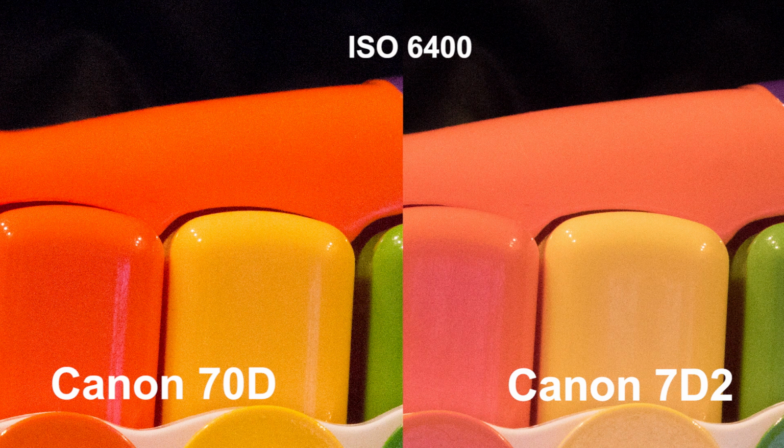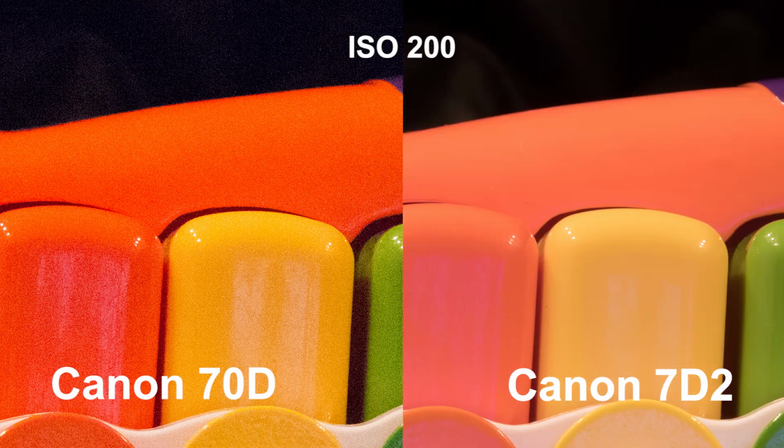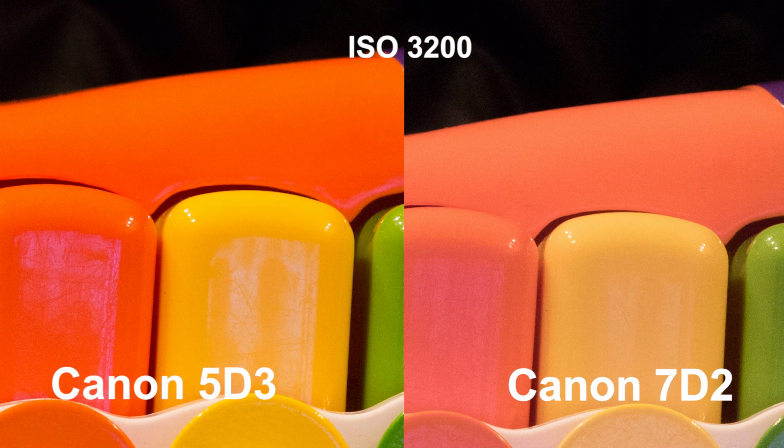But overall, I would say with some noise reduction, these files would actually be usable. I also put the 7D up against the full-frame 5D III, and I was actually pretty impressed with the results. Working my way up, it was pretty difficult to see the differences between the two up until around 1600 ISO,